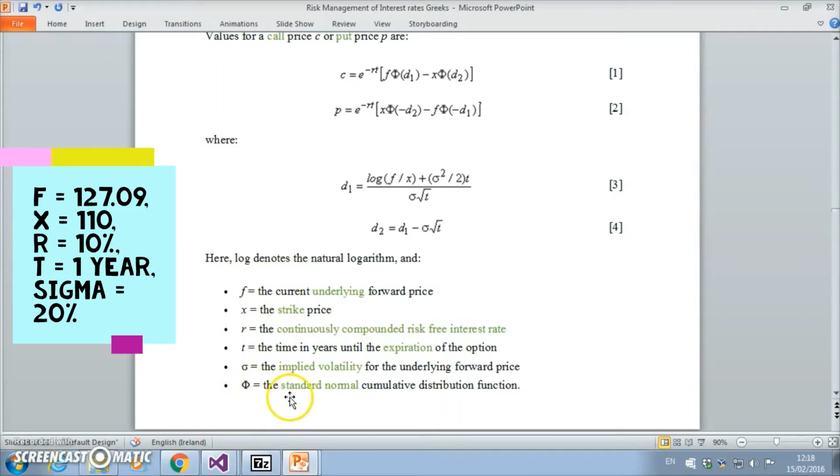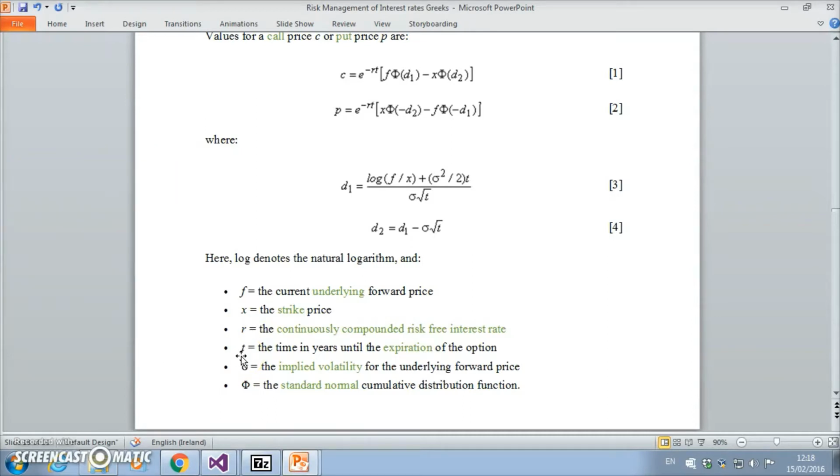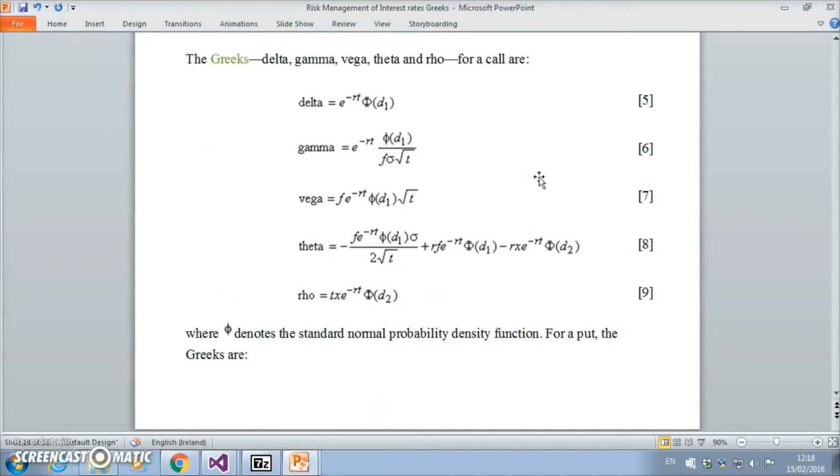So the psi here denotes the standard normal cumulative probability, F the futures, X the exercise, risk-free rate, lowercase t is the maturity of the option, sigma is the volatility. Okay, and then for